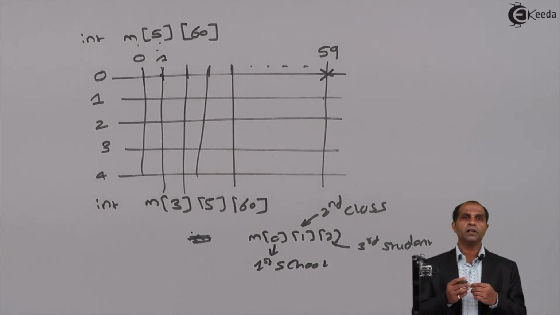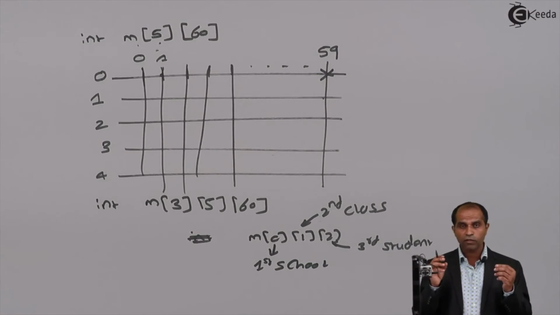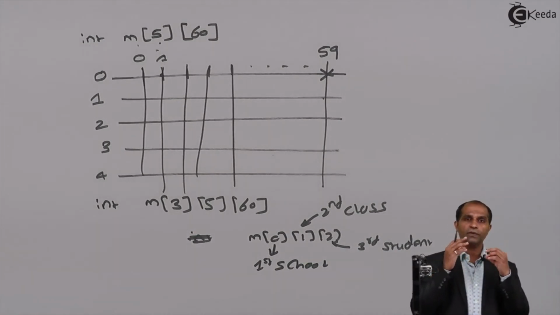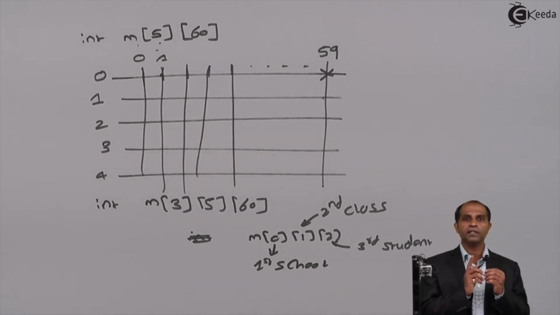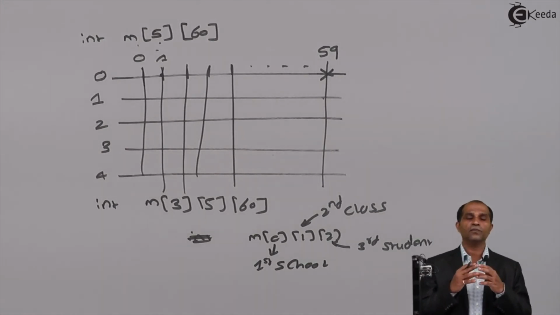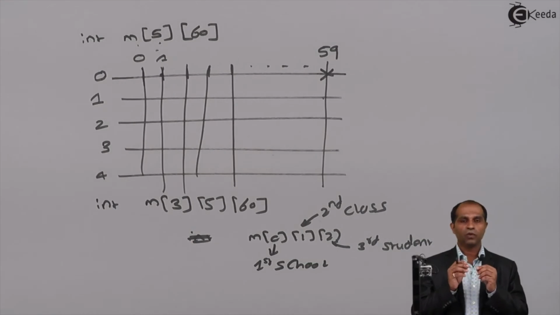Now I can expand this particular limitation. I can say that I'm going to have data of 3 different cities. What if this needs to be extended for 5 different cities or 10 cities? If I ask you to do a declaration for 10 cities, 3 schools, 5 classes and 60 students, in that case I can expand this to a multidimensional array, that is a 4 dimensional array. But as such, our discussion will be limited to only 2 dimensional arrays.